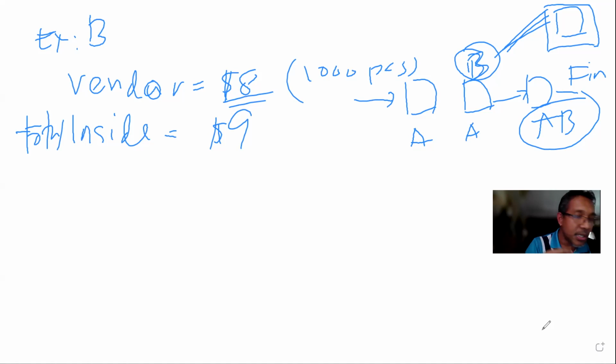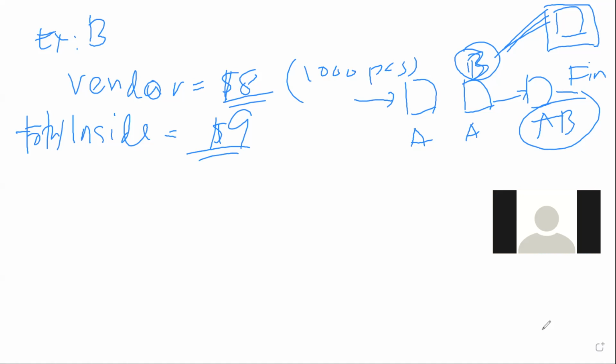So from this, which one do you decide? To buy outside or to fabricate inside? From this information, which one do you want? Which one would you decide if you were an engineer in that plant? Outside, the $8 one. Outside, of course, because it is cheaper. If you make inside, it costs you $9.